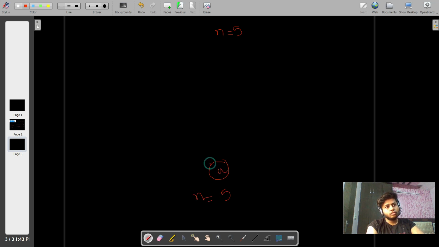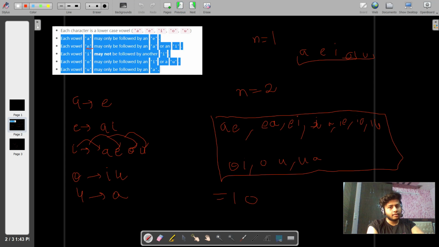At the first index, the 0th or first index, I will take a first. Then at the next index there can be only one possibility, that's e. Means at the second index there can be e, and there are two more possibilities after e. What are they? Let's firstly take this.